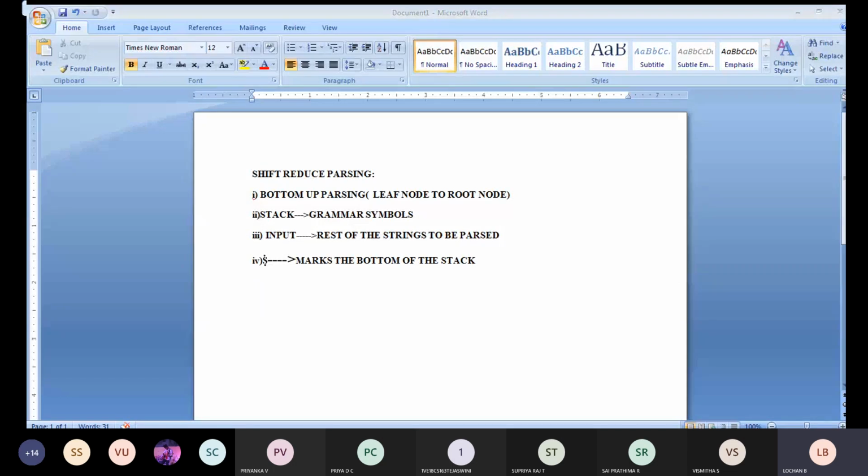Okay. The next thing, some actions of the shift reduce parser to solve this problem.